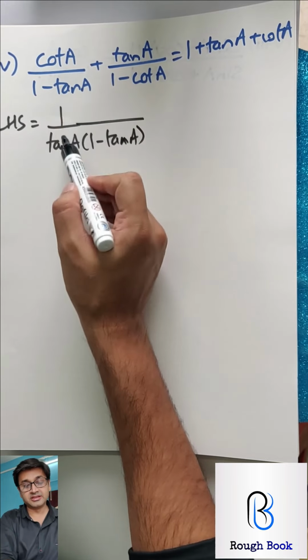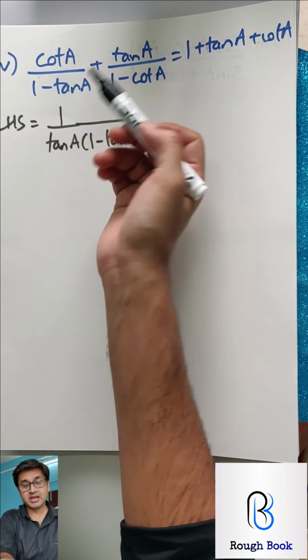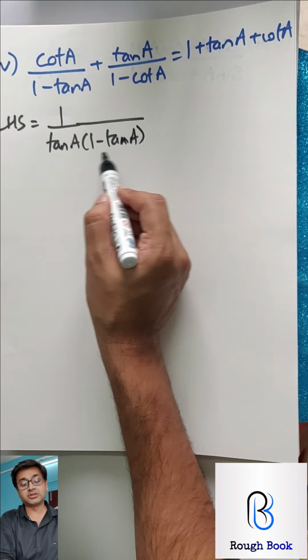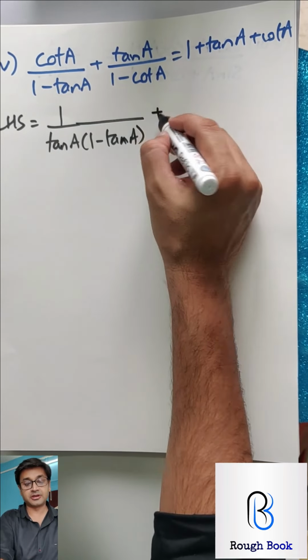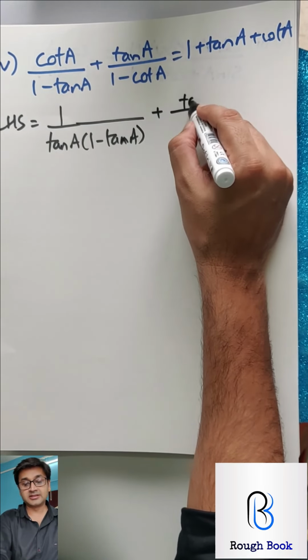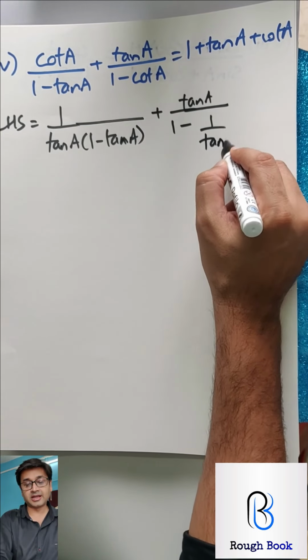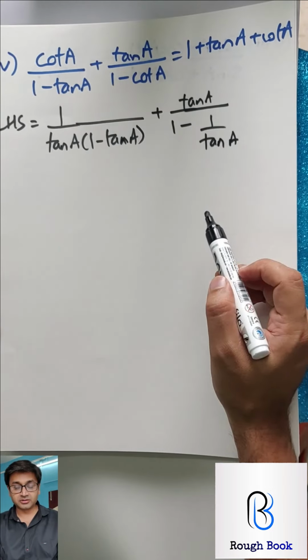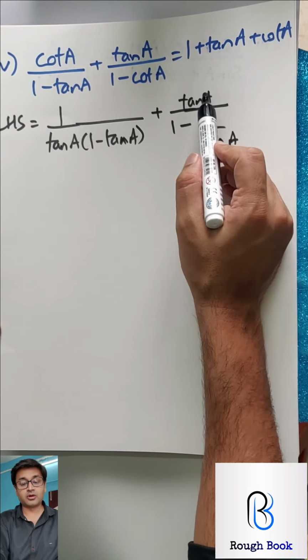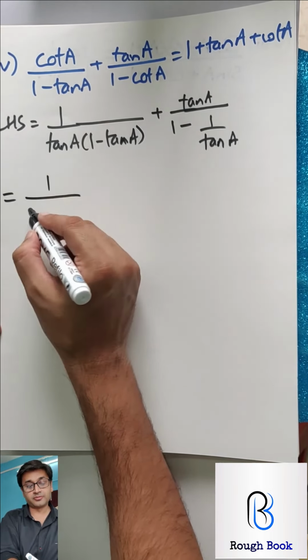Basically, I would have written this 1 upon tan A divided by this. Next step on multiplying reciprocal, so this will come down. So I wrote this direct. Tan A as it is, I am writing 1 minus cot A as 1 upon tan A. So we converted everything into tan A. Take the LCM, sending on top. You will get some clue from there.